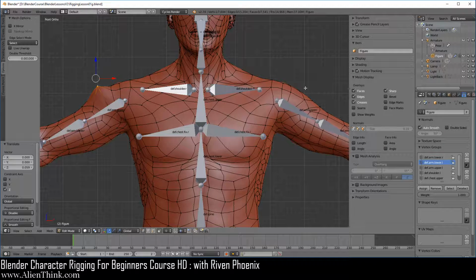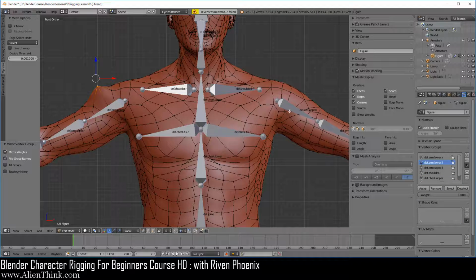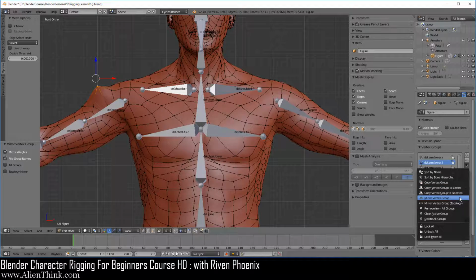Now what we want to do is copy that vertex group that was already here. Now of course, because we have its opposite end, it's going to assign this version to here. So if you click over here and do mirror vertex group, it's going to fail, right? You can see that it didn't work. This is because here we're just using a very simple algorithm to do this.